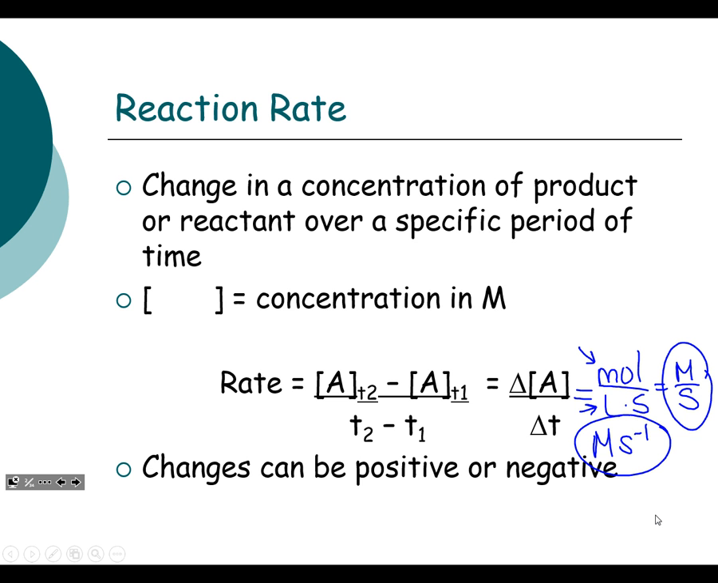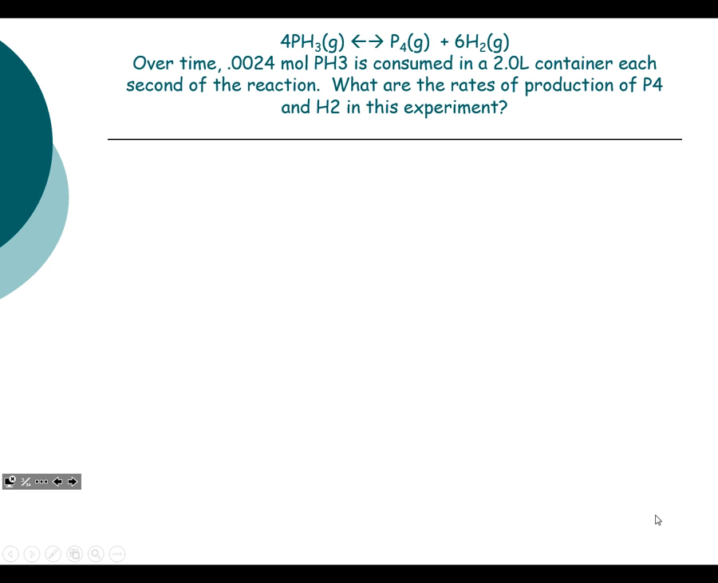Our changes in rate can be positive or negative, although we're never going to work in the negative. We're always going to work in the positive. And so a couple little things I wanted to show you. First example, we have an equilibrium up here because we have the arrow going both directions. It says over time,